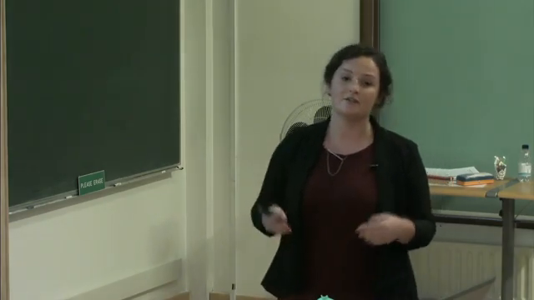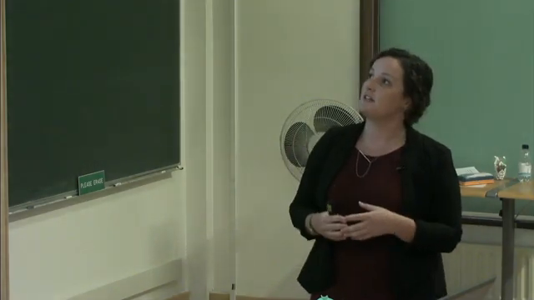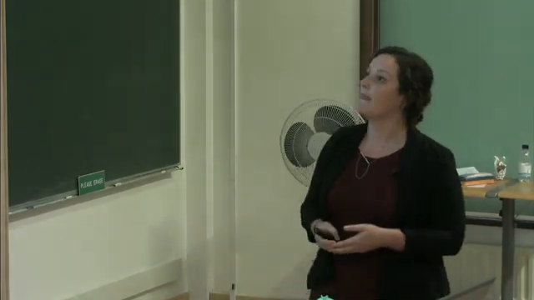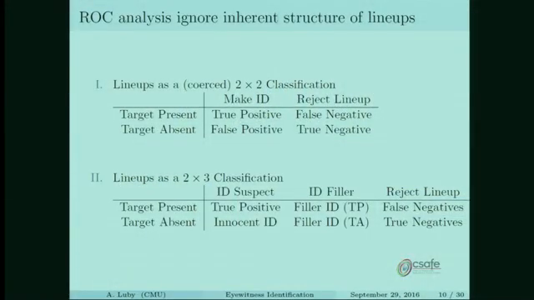So an ROC curve naturally just makes things a 2x2 classification. So you have true positives and false positives, false negatives and true negatives. That's all you can have in an ROC curve. But in a lineup, you have these filler identifications which have distinct consequences. So if you identify a filler in a target present lineup, so when the actual perpetrator is in the lineup